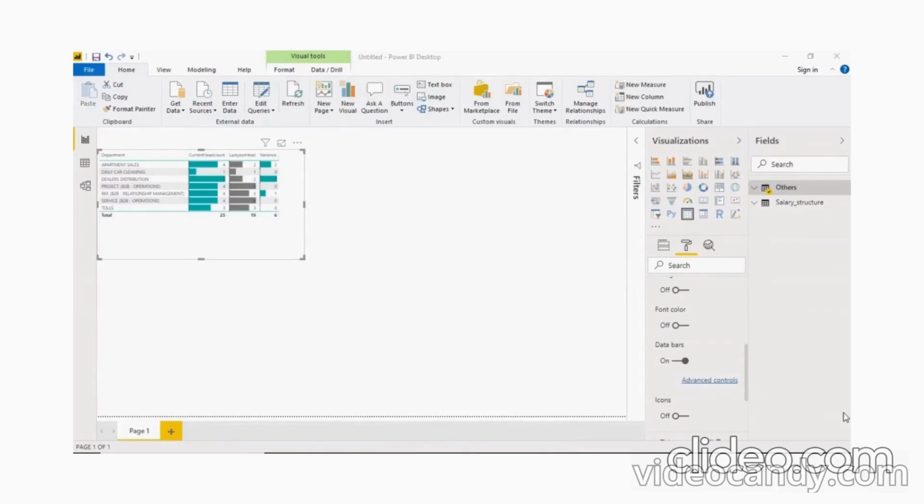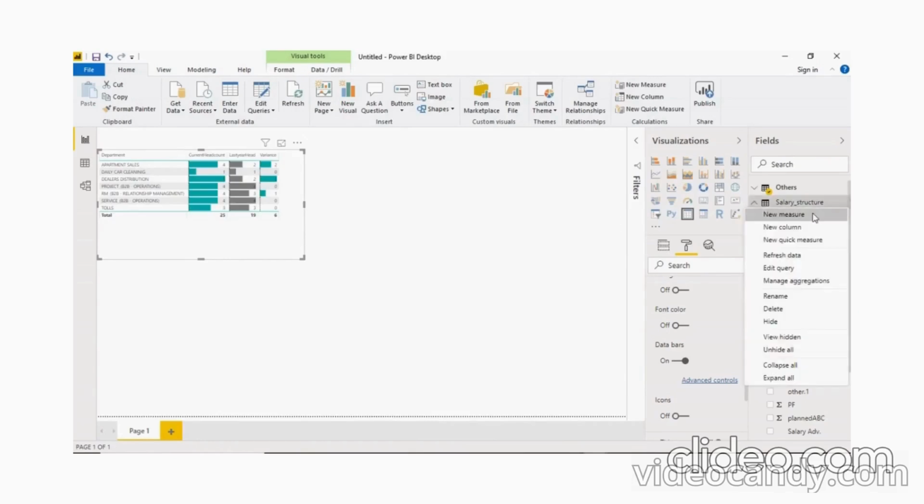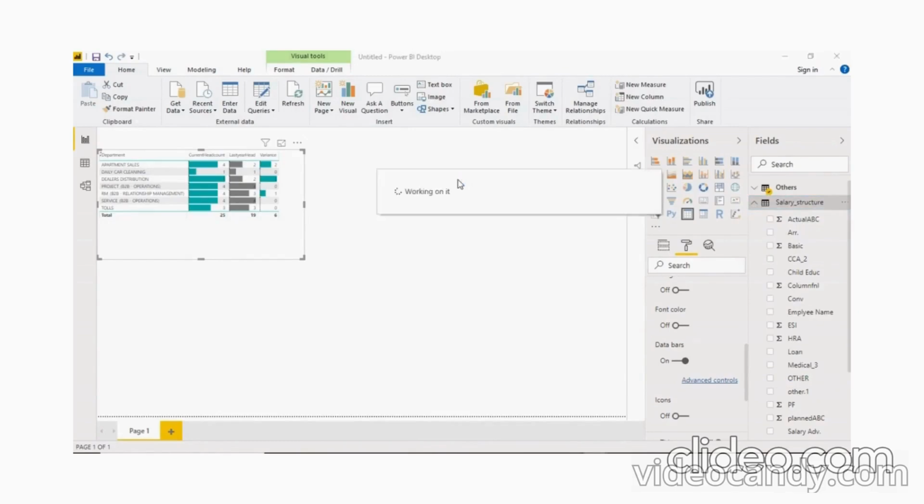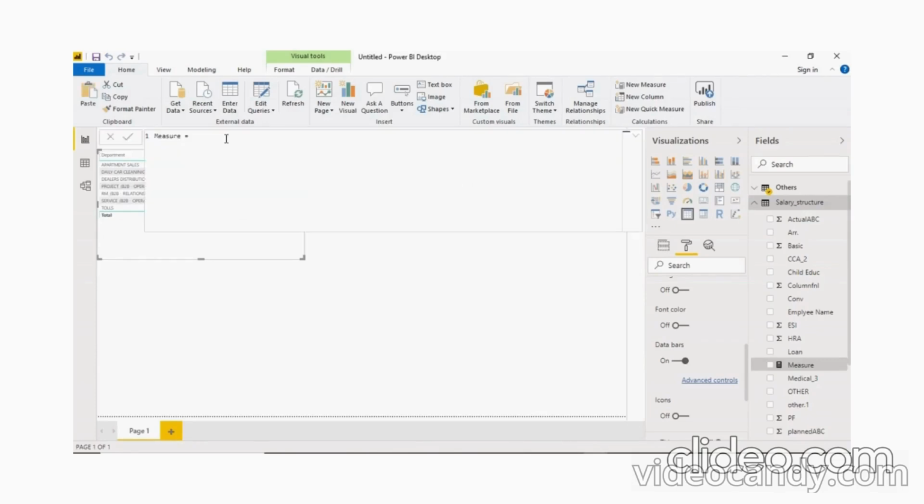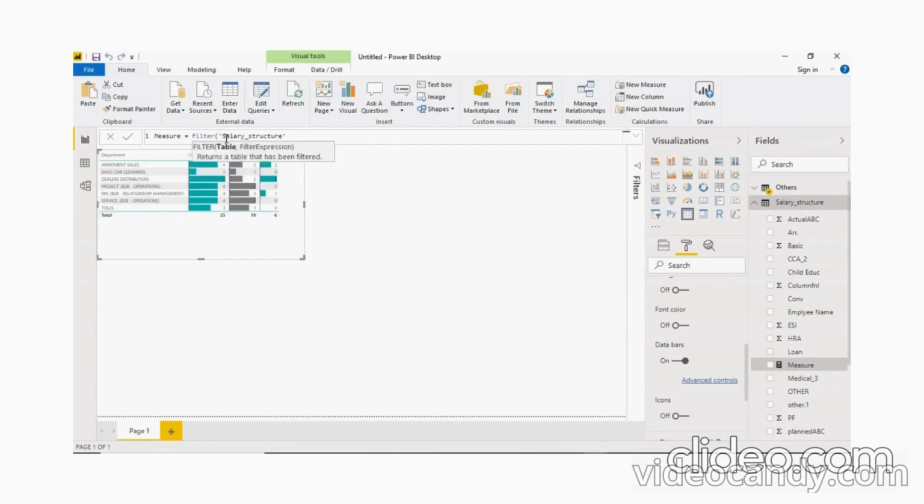The next report is total gross according to the financial year. So I go to the salary structure, create a measure, and similarly I apply the filter function here according to the financial dates. So here I type the filter, the table is the salary table, then the filter expression. Here I type the AND function,